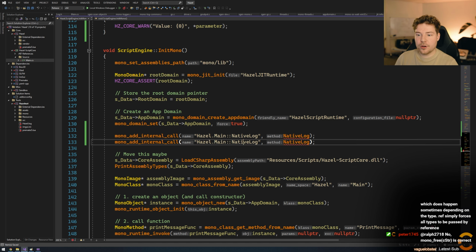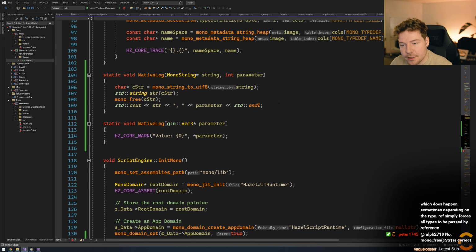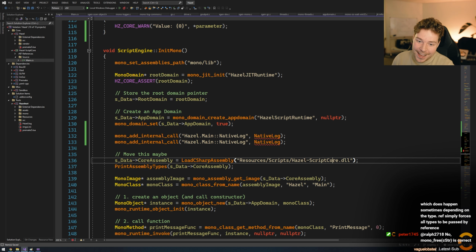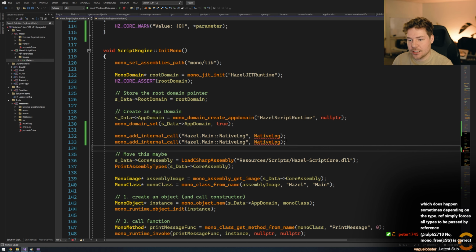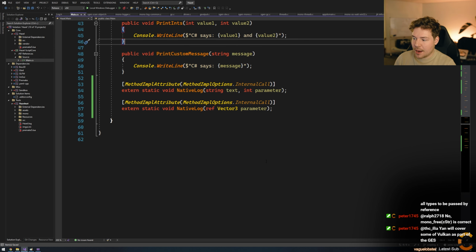Now, this brings me to the point of how on earth do we make overloads happen? Which, by the way, Peter, I was hoping you could answer, because I don't know. How do we make overloads happen, or do we actually have to call them something else? It's not a big deal to call them something else, because you can obviously wrap them as well.